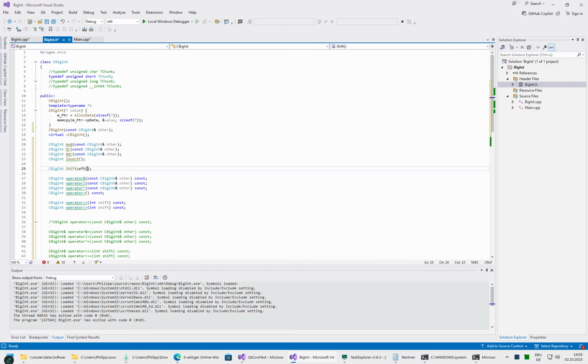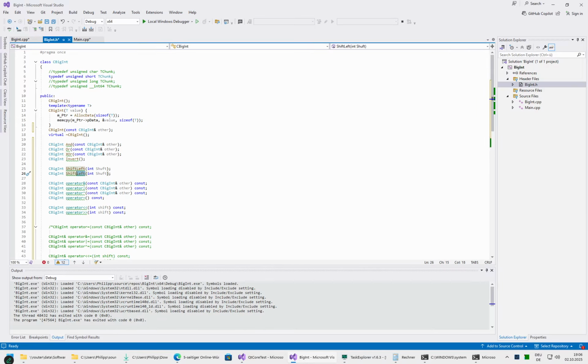Shift left and shift right, and here we just